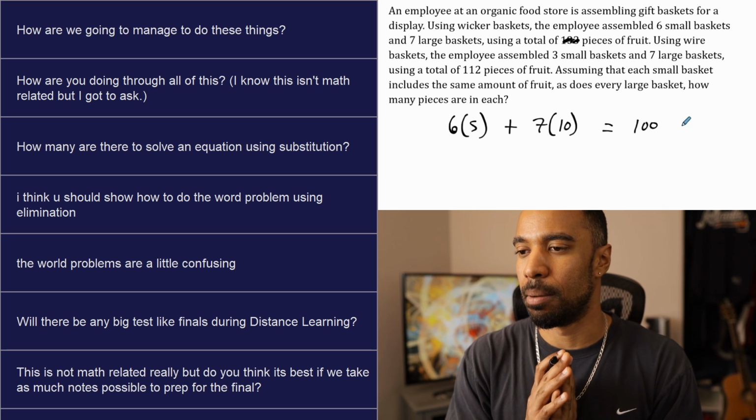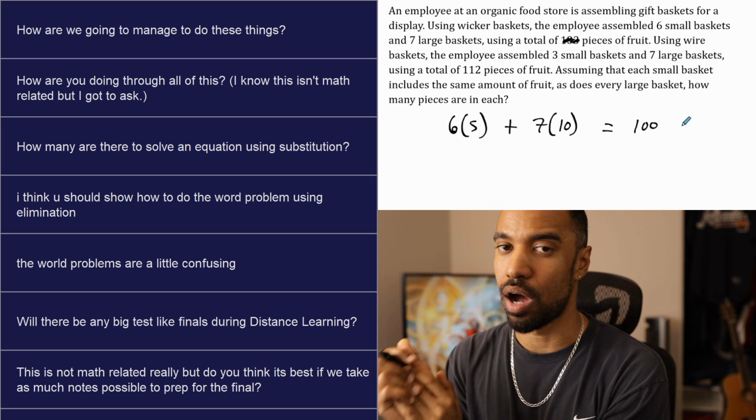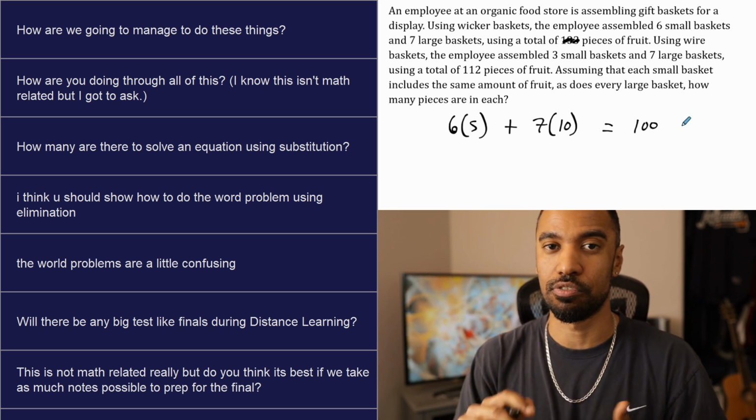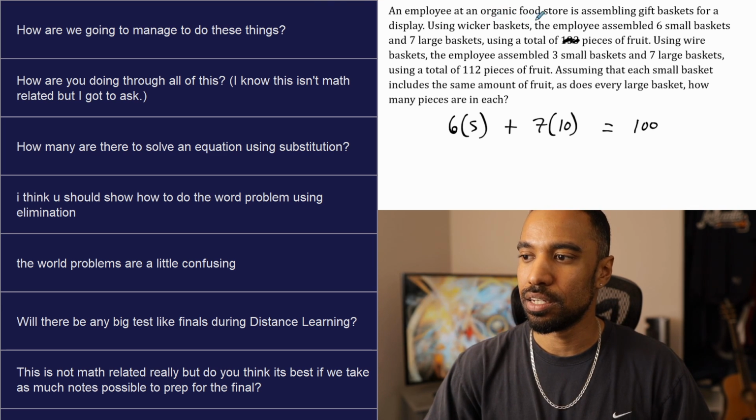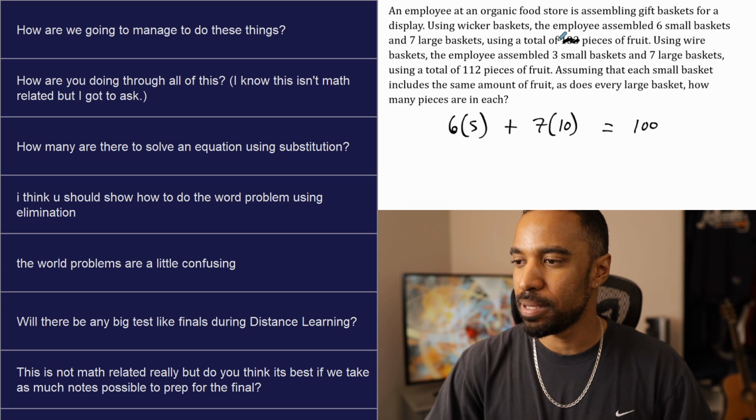Now, that's not our numbers, right? We don't know how many pieces of fruit are in each small basket. We do know how many pieces of fruit are in them total, and we're going to use that information in a different way. Now, let's say the number of pieces of fruit,